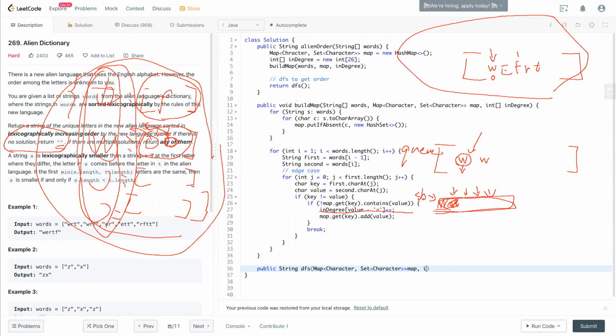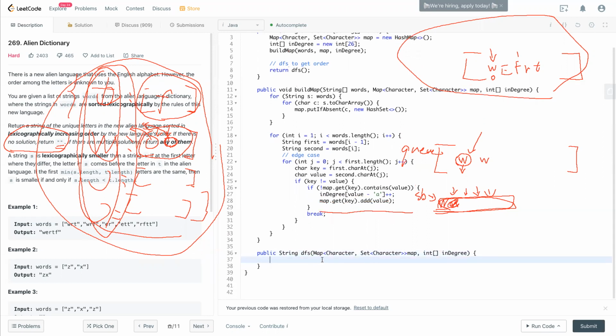We also need an in degree. So we start with a string builder: SB is equal to new StringBuilder. And we also need a queue that will keep track of every character. Queue equal to